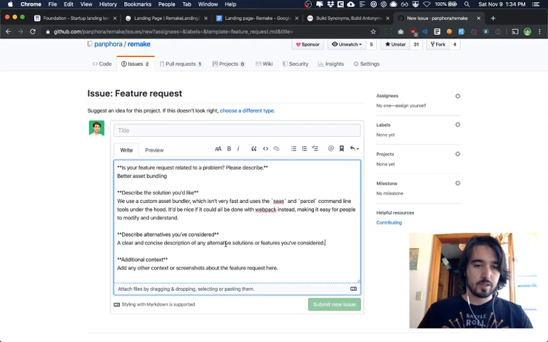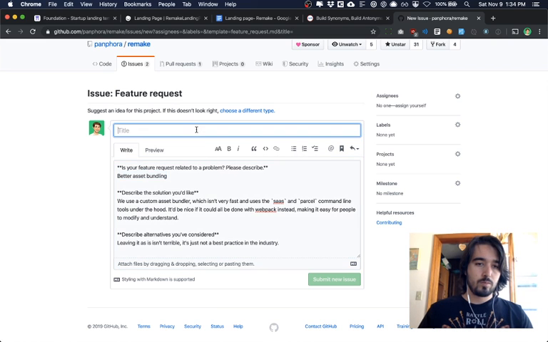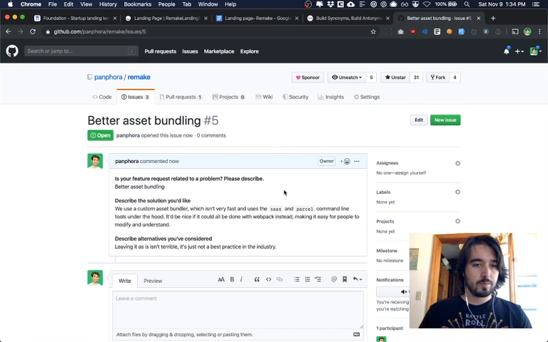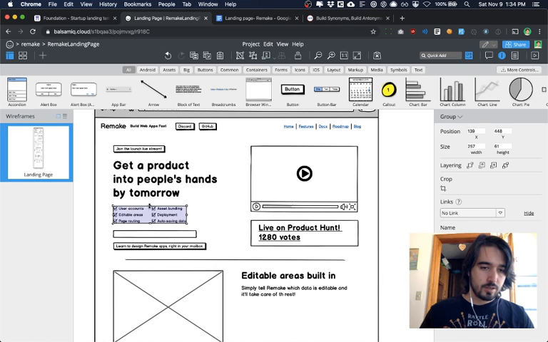Okay, describe alternatives you've considered. Leaving it as is isn't terrible. It's just not a best practice in the industry right now. Okay. Better asset bundling, submit new issue. Okay, cool. So that'll be a good thing to do just to keep track of my thoughts about this. Okay, but asset bundling isn't a strong suit here, but I do like these features